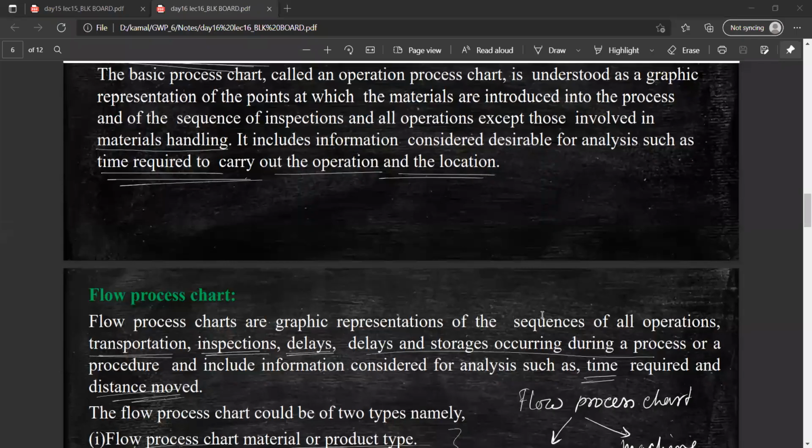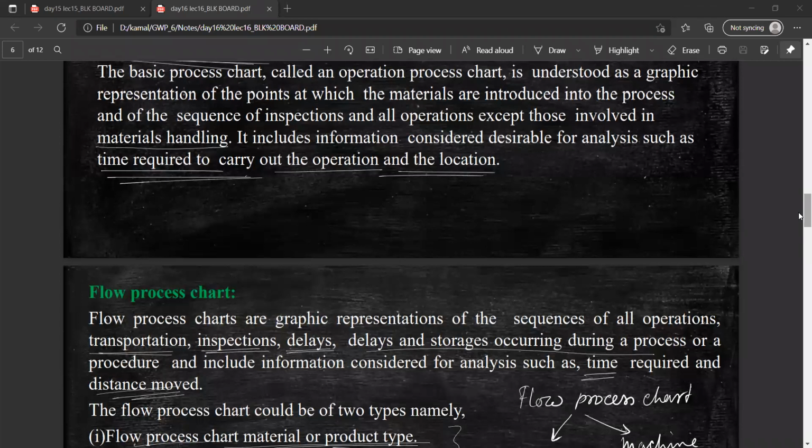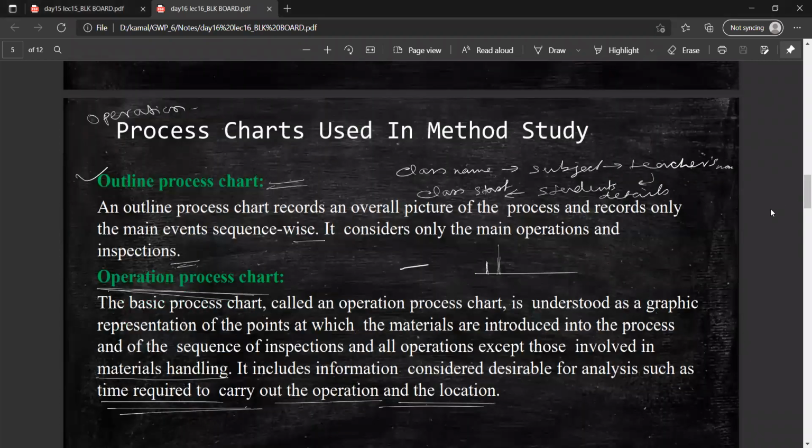operation process chart. So operation process chart, as I told in the class, is the basic outline chart in method study. That means we will not give any kind of detailing in this process chart.